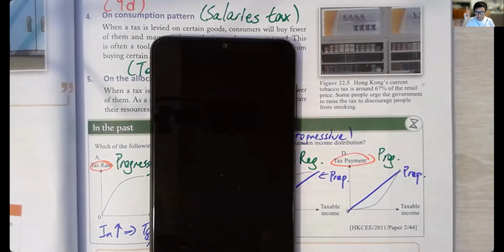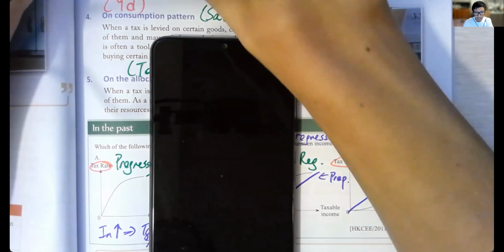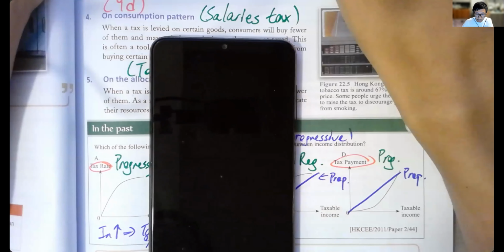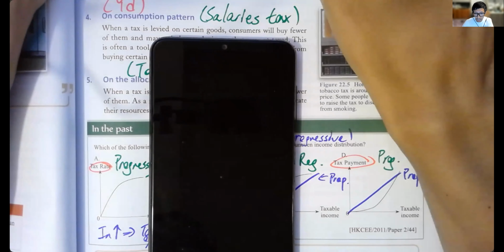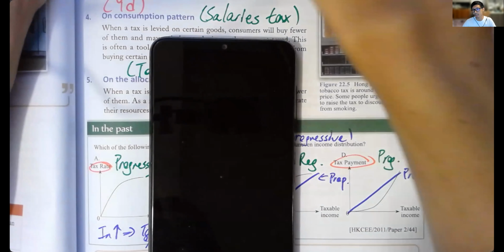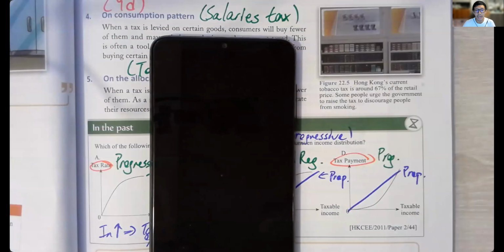So what happens to working incentive? In fact, I think it will increase. So B is not correct. Broaden the tax base, exactly. Lower allowance means more people pay tax, so it broadens the tax base. And lead to an increase in total tax revenue? Not necessarily. We'll discuss that later.